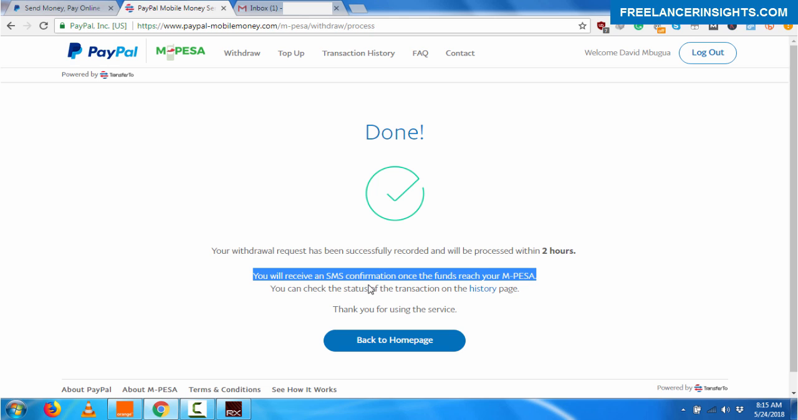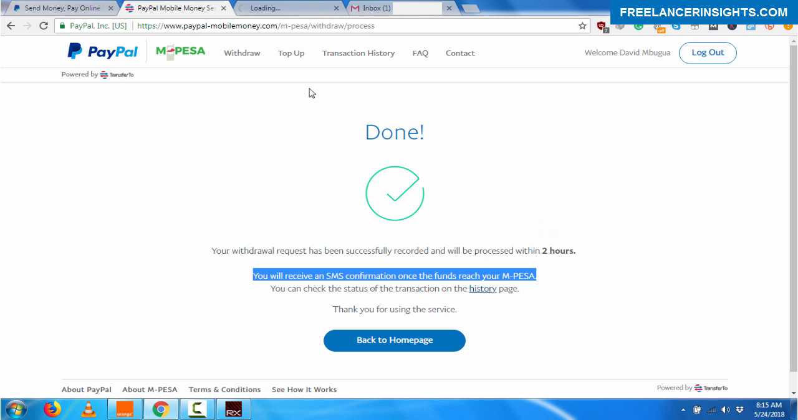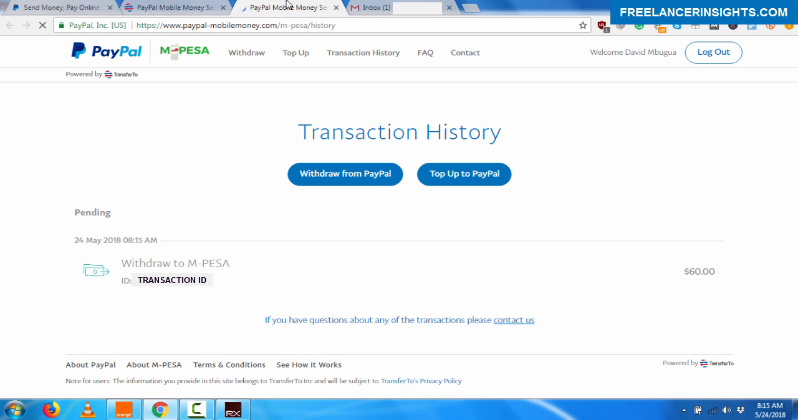You can check the status of the transaction from the history page, and it's important that you can always see what you've been doing and what kind of transactions you're doing. Withdraw to M-Pesa, and the ID, and it's pending, and it's $60. So I'll just wait for the transaction to complete. But simply what I wanted to show you is that it's that simple, it's that easy to withdraw from PayPal to